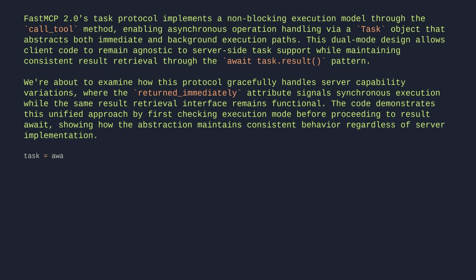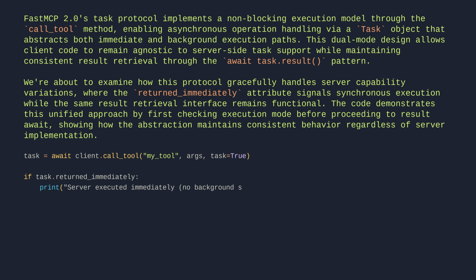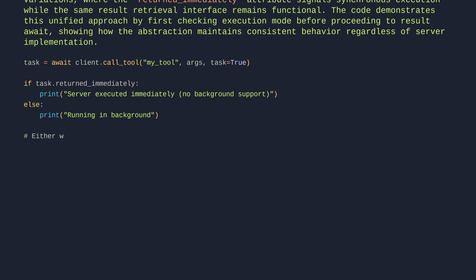task = await client.call_tool("my_tool", args, task=True). If task.returned_immediately: print "Server executed immediately, no background support." Else: print "Running in background." # Either way, this works. result = await task.result()